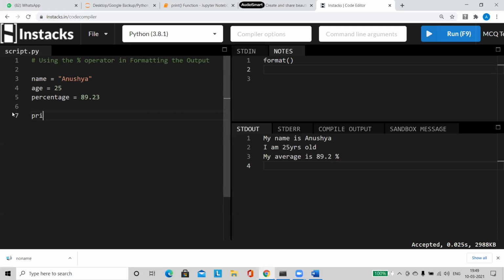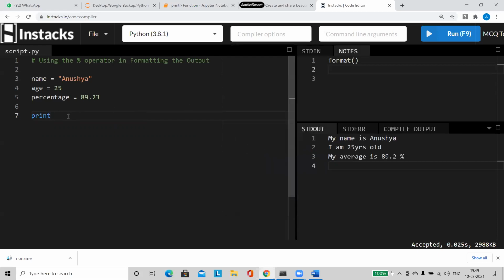Okay, so I'm just going to say print, let us keep the same value. I want to print the same value. So how am I going to go about that? Print, I am, just a curly brace, and I am, again another curly brace, years old, full stop, my SEM average is curly braces, percentage. Done. Okay, so everything is done.